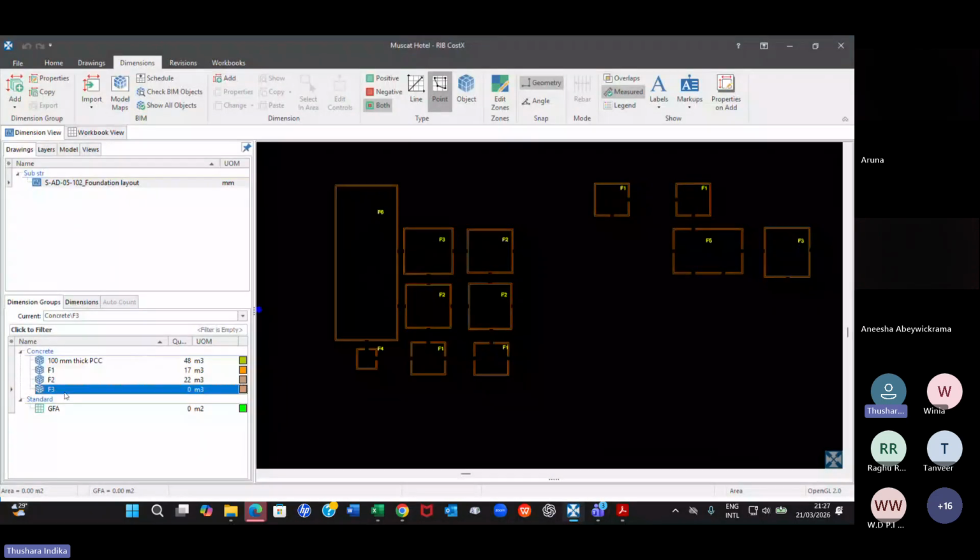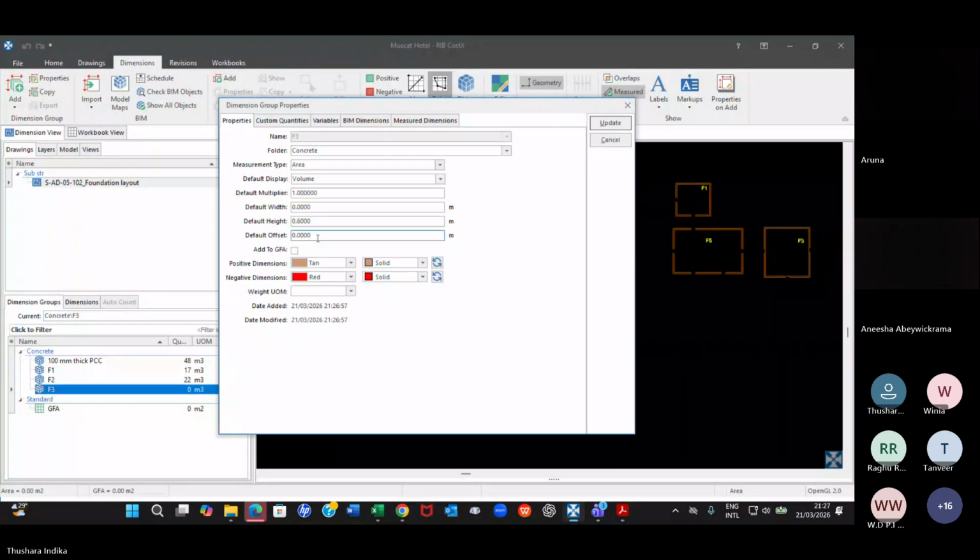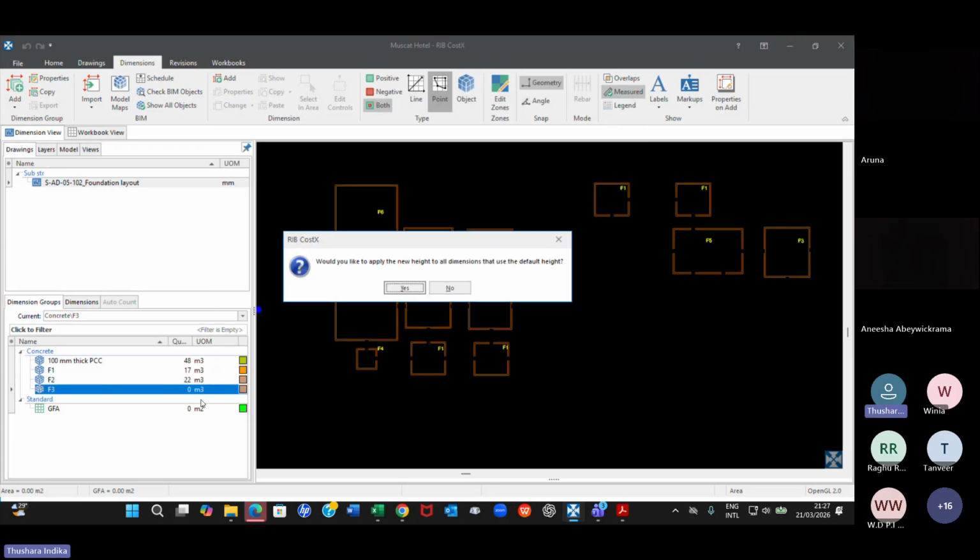F3 is 700. So go back and change to 700. You can change the colors, of course, if you want. And everything else is same because area, default displays volume, right? And say update. Yeah, you have to apply all this